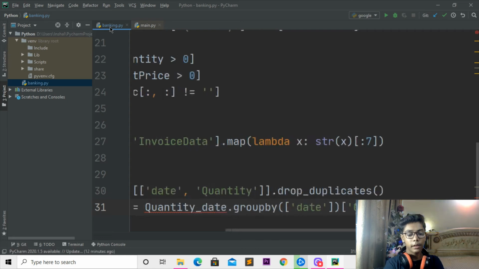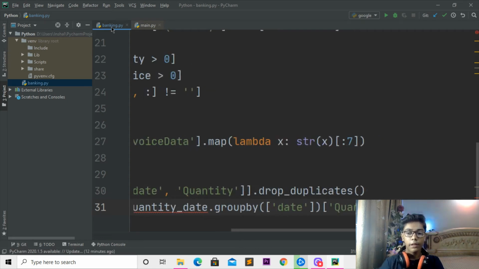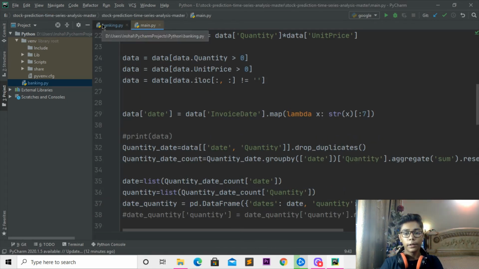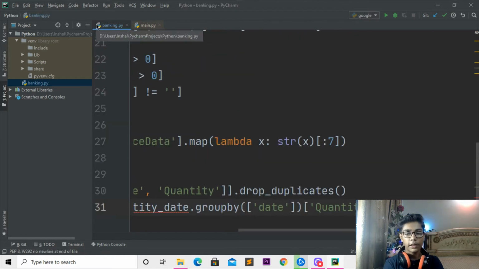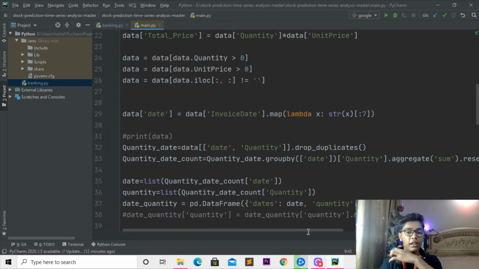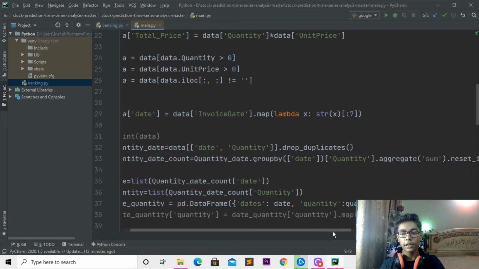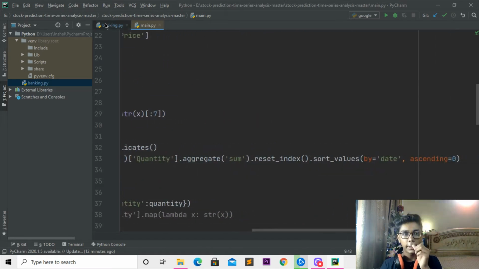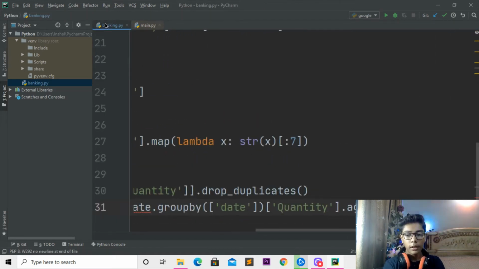So here I'll be writing that, and when you've done that, I'll be writing this bracket and just moving here. Then here you have to just write sum. Now just move forward here. So when you've done with that, I'll now be writing here reset index. So I'll be writing that dot reset